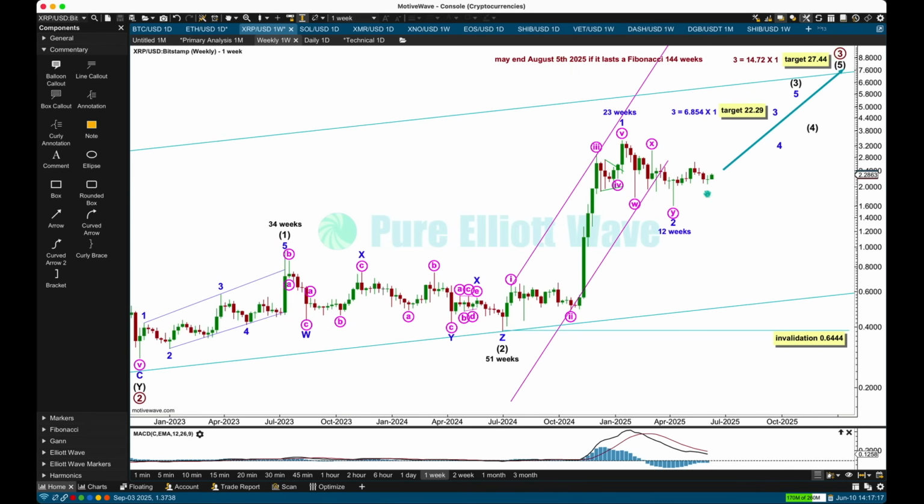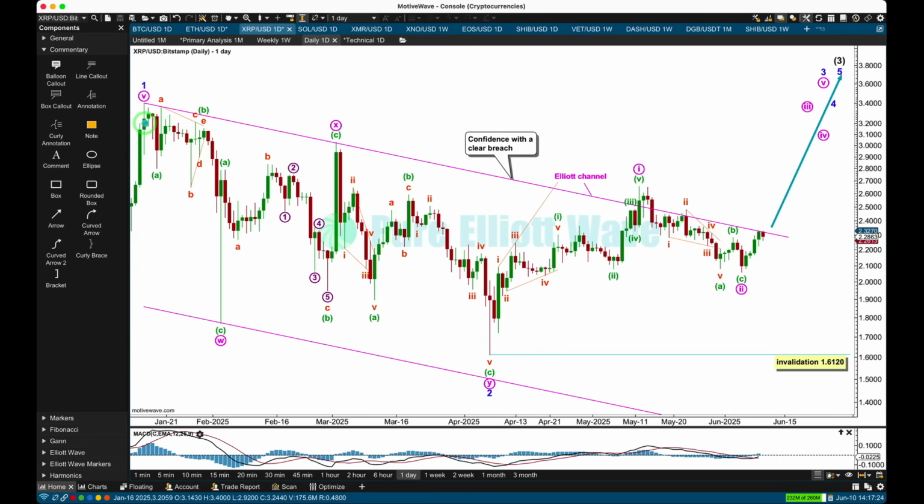Let's take a look at the daily time frame. We're going to zoom in on the structure of -2, the high of -1 here. This point here, -2 subdivides quite nicely as a double zigzag, W, X, Y. W is a zigzag, A, running contracting triangle for B, quite a long C wave, very bullish long lower wick. Minor wave X, a zigzag, A, expanded flat for minuet B, and a sharp C wave, move beyond the end